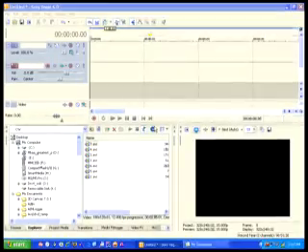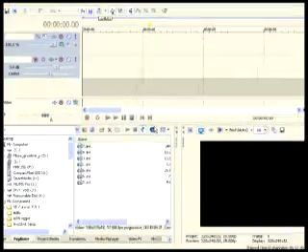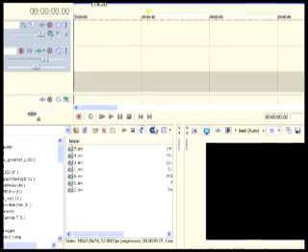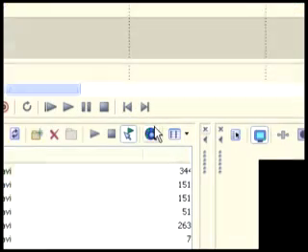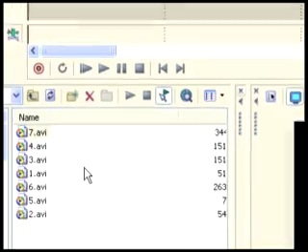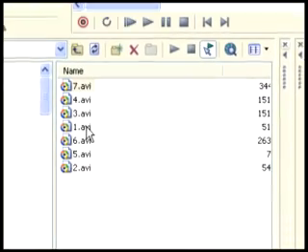Okay, I'm going to show you how to quickly put together a video and upload it onto YouTube. First of all, I'll zoom in on the screen so you can see it better, and I'll go to a directory where I have stored 7 clips that I've prepared earlier, and I will drag them up onto the timeline,